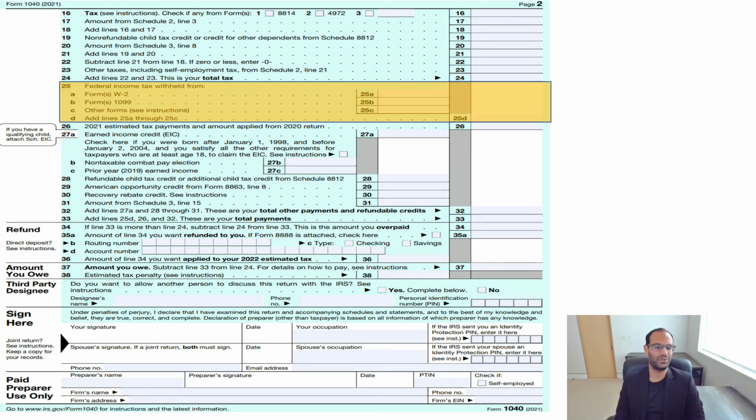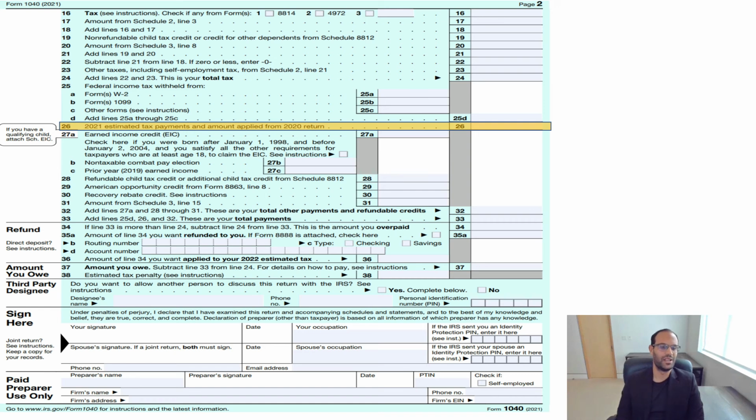Okay, now we're going to get into tax withholdings and tax payments. So line 25 is federal income tax withheld from your W-2 or a 1099 or any other tax form from any other person that's withholding federal payments from you. Line 21 are for your quarterly estimated tax payments that you may have paid during the year. That should be applied to tax year 2021 or the year that you're in. Or if you elected to roll over a federal refund from the previous year, that would also be included in